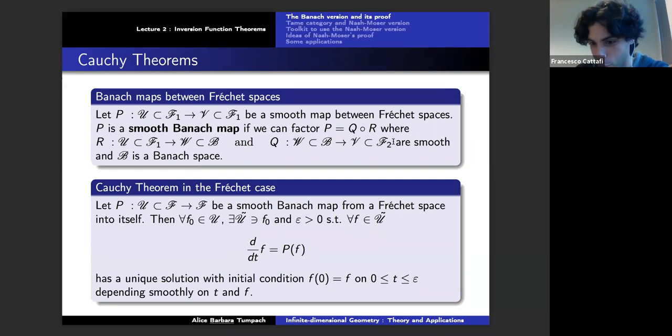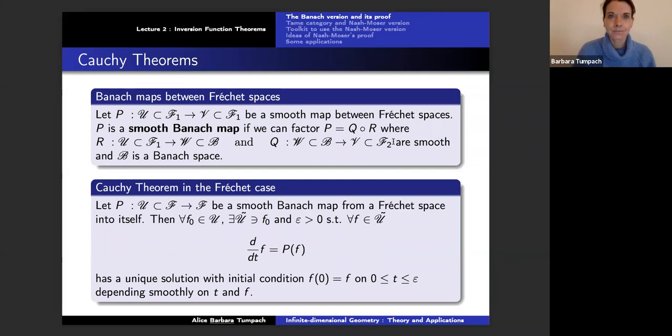And basically, if it is always possible to insert such a Banach space. Oh, no, it's not always possible. Not every map is a smooth Banach map. So it's very particular, but it turns out that there are a lot of examples of this,